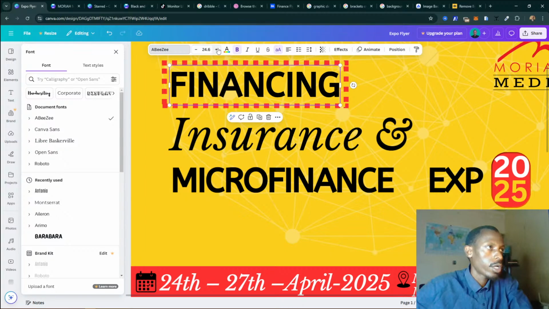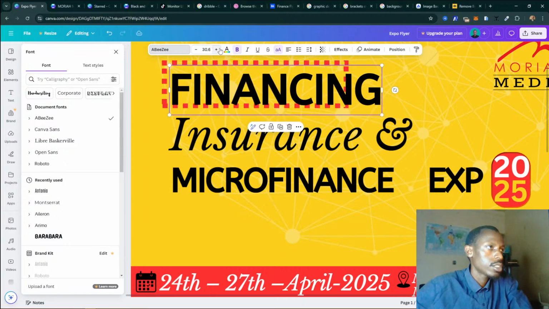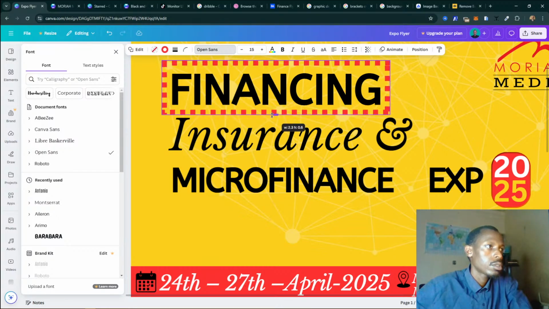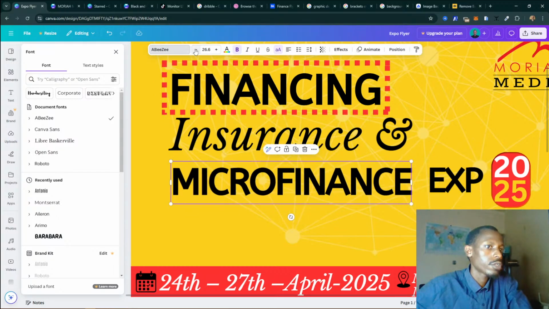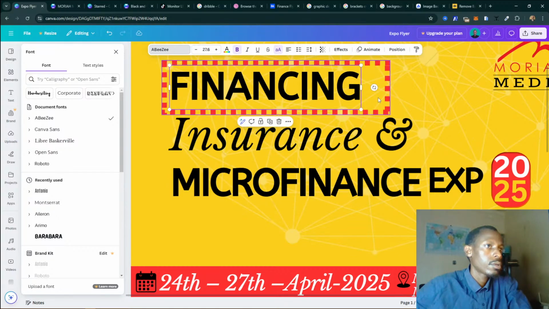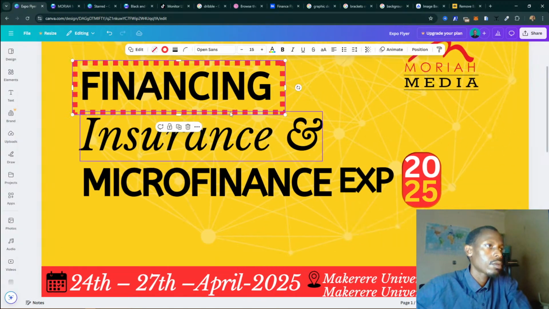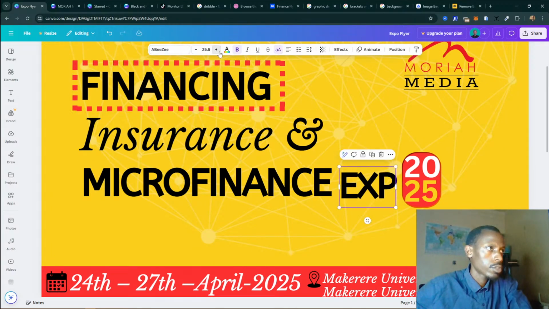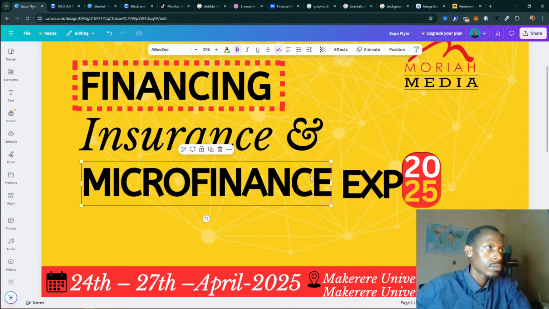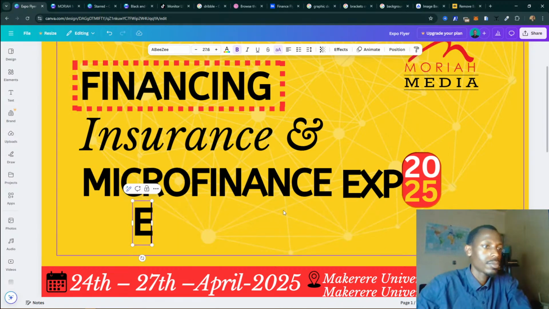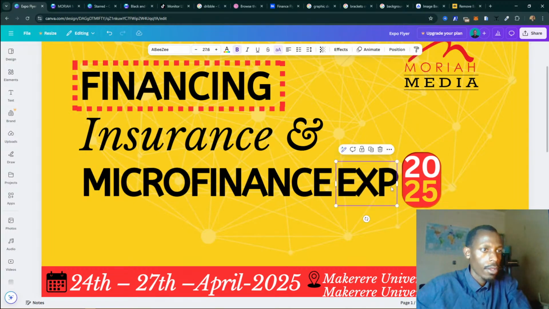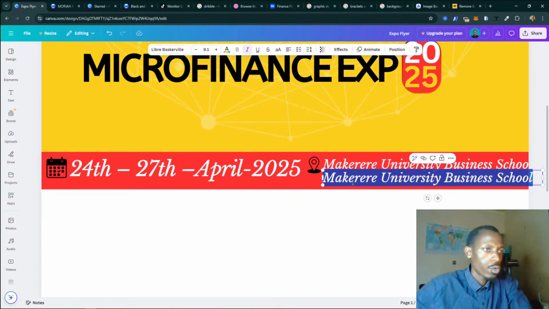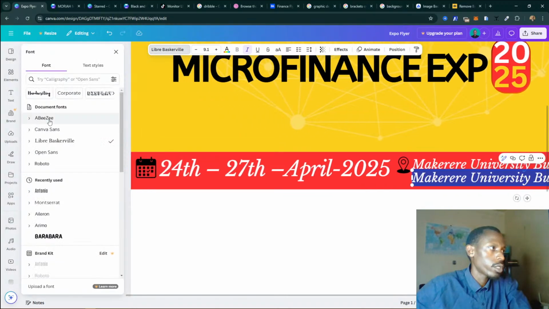That means we need to set this size to 30 pixels, and we need to set this to 30 pixels, or probably 25, 27, 27 pixels. This doesn't seem to be the same as this. Duplicate that, so I make sure I have the same size. Okay, so I need to change this text to this font as well, and then